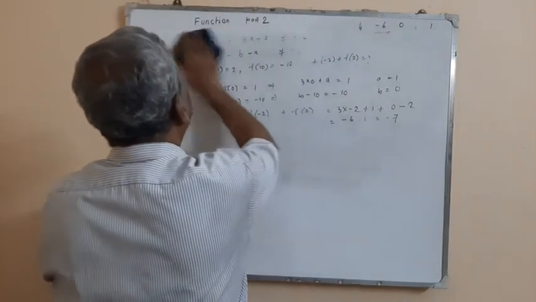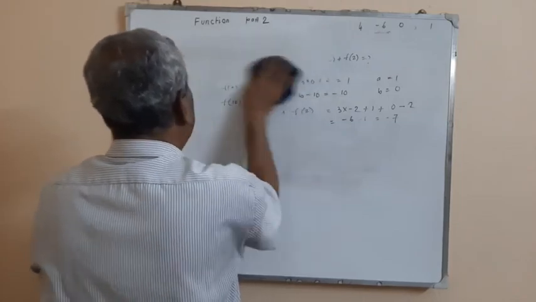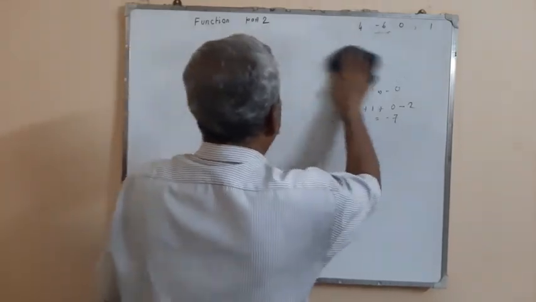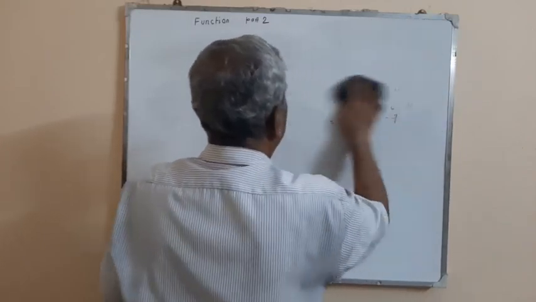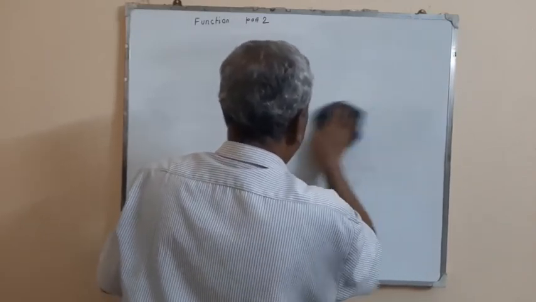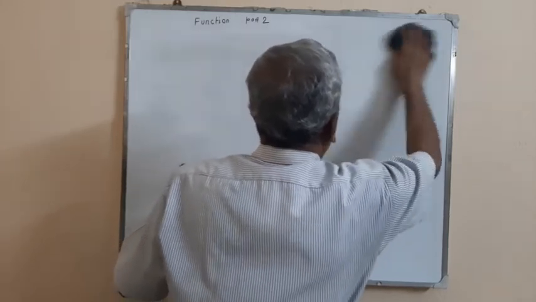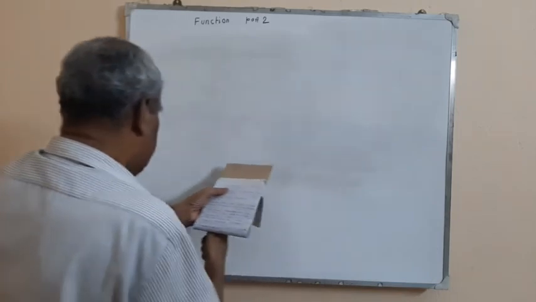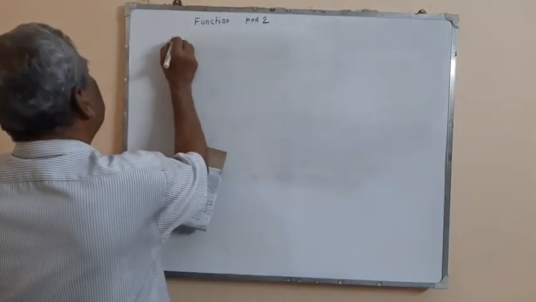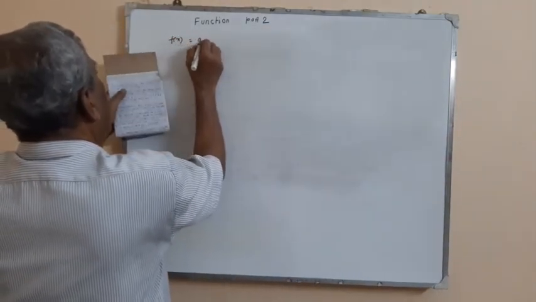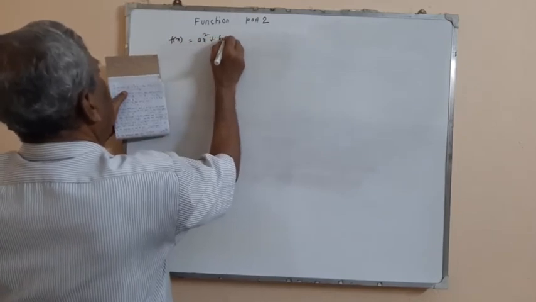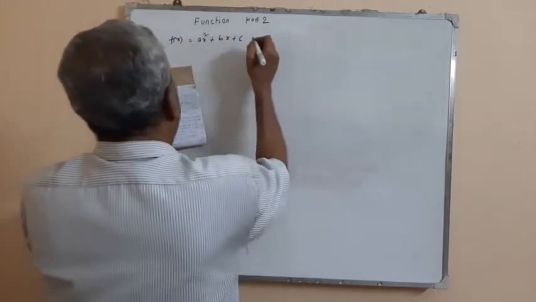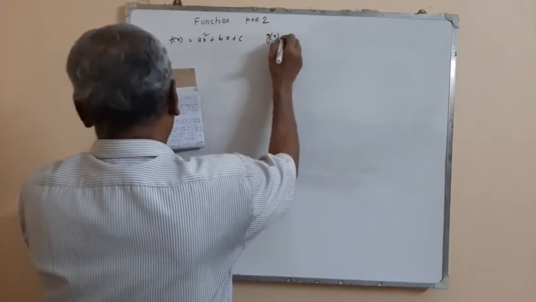Next. Next one is, let f(x) = ax² + bx + c and g(x) is equal to